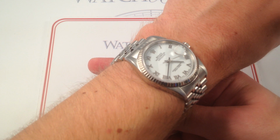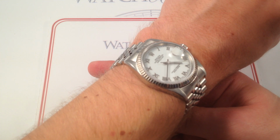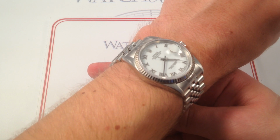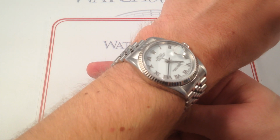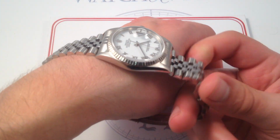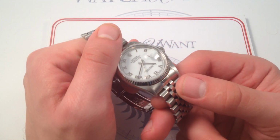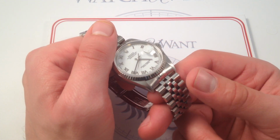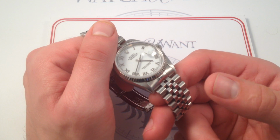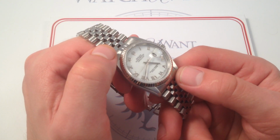But because the Datejust really runs the gamut in terms of aesthetics, you have everything from rotating bezel pilot watches to true high society black tie dress reference Datejusts. I would say that this one sits more on the refined, elegant, formal end of the spectrum, and that's due to the presence of this delicate and supple, very comfortable 5-link Jubilee bracelet. The 3-link Oyster was an option, but I find that the 5-link Jubilee is a better match for this watch,